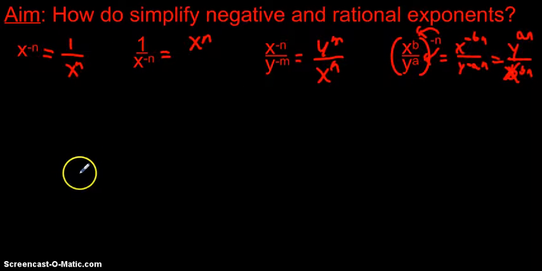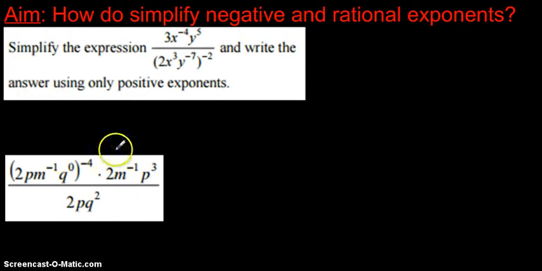Alright, so let's take a look at a couple of examples. I don't really want to spend too much time on this because we've already touched on it. You'll be asked often to simplify an expression with negative exponents and to write them with only positive exponents and no rational exponents or fractional exponents, which we'll look at in a minute. So in this example, first thing we would do is simplify the denominator. So that would stay, for now,